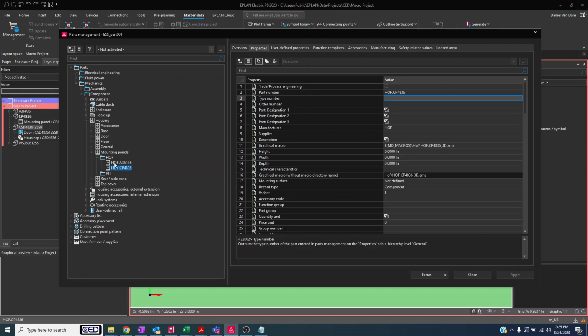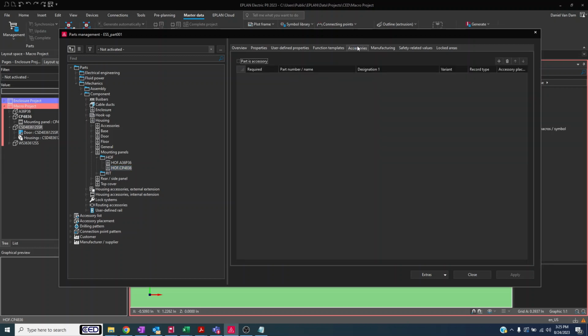Let me just look at this one. Obviously there's a ton more you could add, but just the bare bones, bare minimum, I'm going to do this. And then I need to set this part as an accessory. And then I'm going to go to my other Hoffman area,